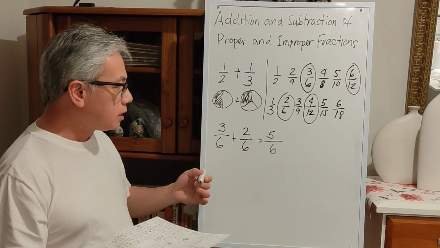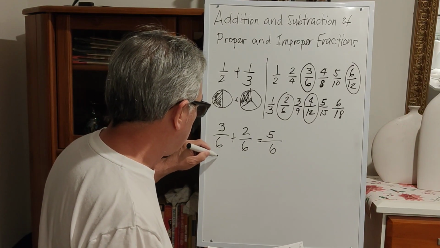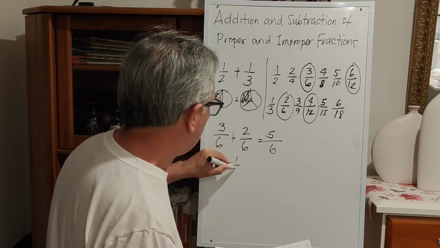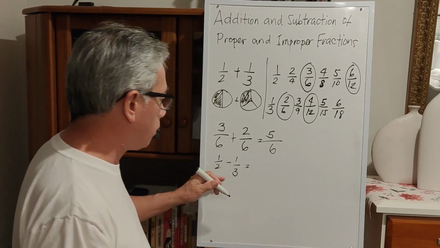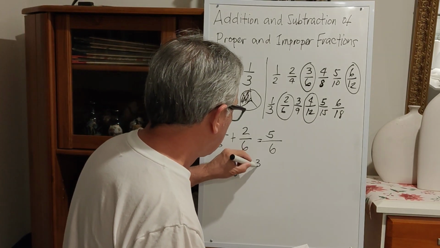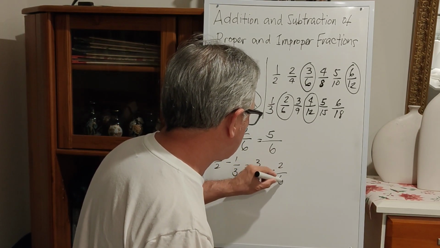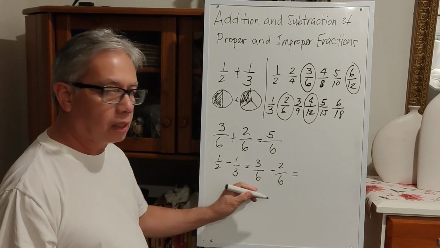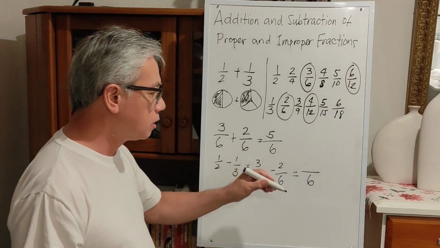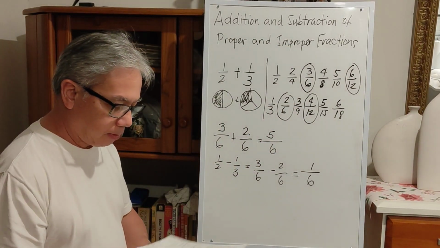In the same way, if you want to subtract 1/2 minus 1/3, we rewrite this into its equivalent fraction. It becomes 3 over 6 minus 2 over 6. So we copy the denominator, 6, and then we subtract the numerators. 3 minus 2 is 1 over 6. So now,